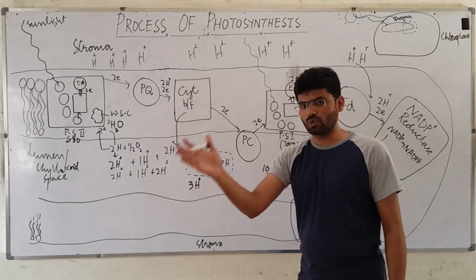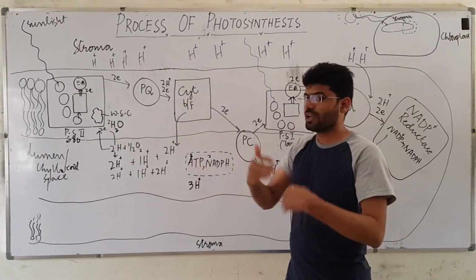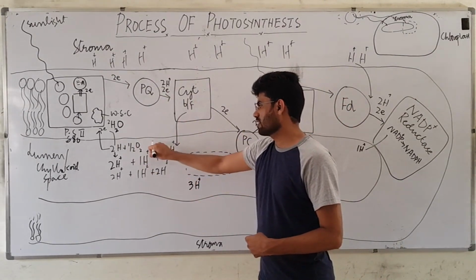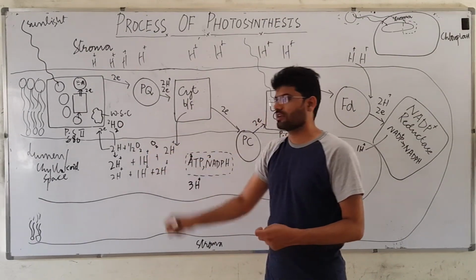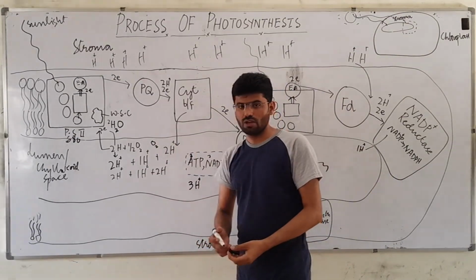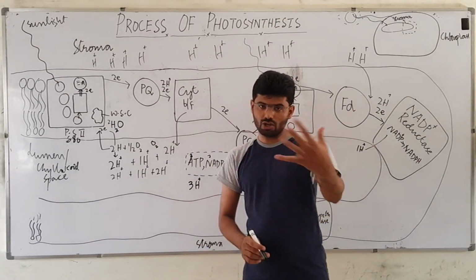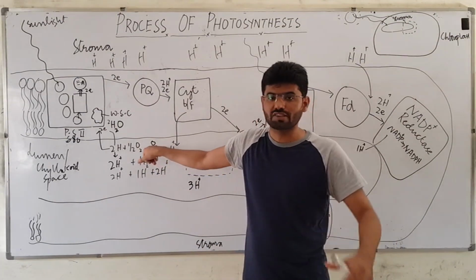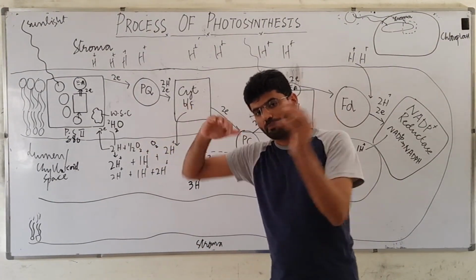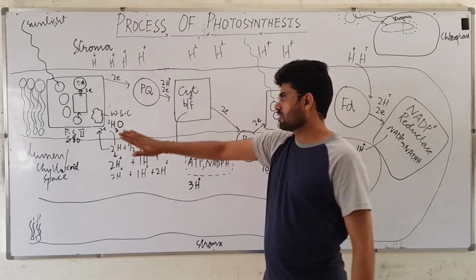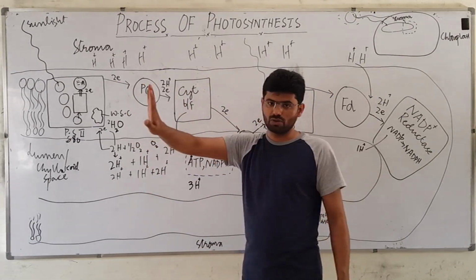The 2 water molecules were oxidized. Why were the 2 molecules oxidized? To yield a complete oxygen, not half an oxygen, because half a molecular oxygen will not be used by any living organism. For that reason, we make this oxygen a complete oxygen, and for a complete oxygen the plant oxidizes the 2 water molecules.